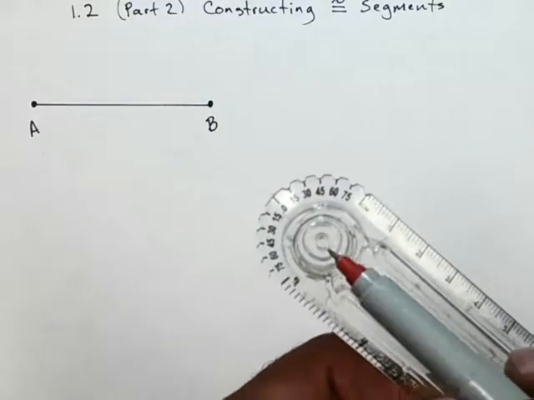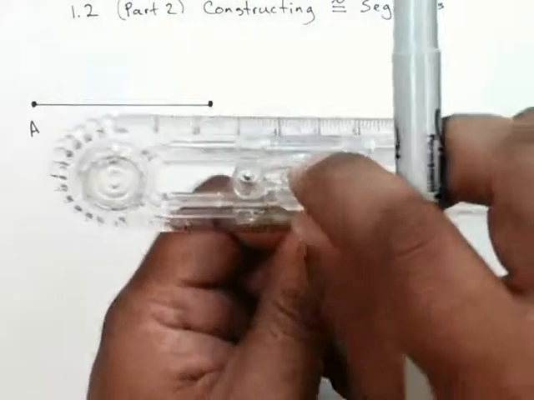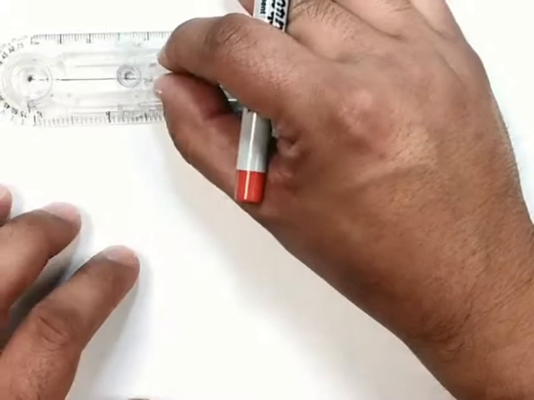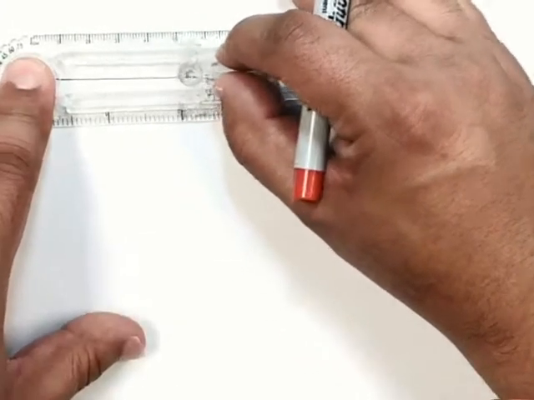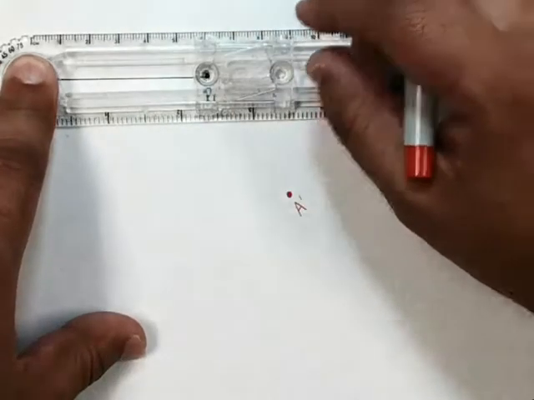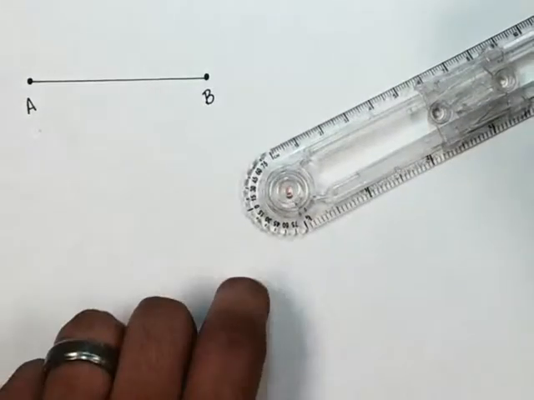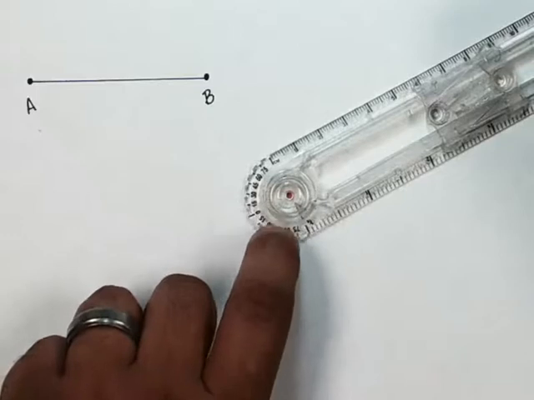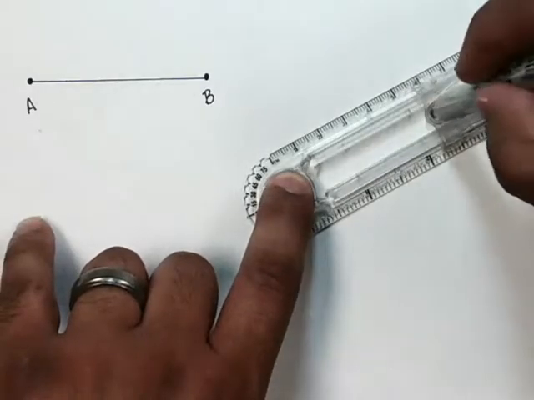and I'm going to use that to line up to A, and then I'm going to take this thing and slide it over and put this hole on top of B. So like so. I'm going to put this right on top, and I'm going to hold it down with my finger, and slide it down until it's right on B. Okay? So then I'm going to put this dot on A prime, and then, without moving this slider, I'm going to make a small arc,